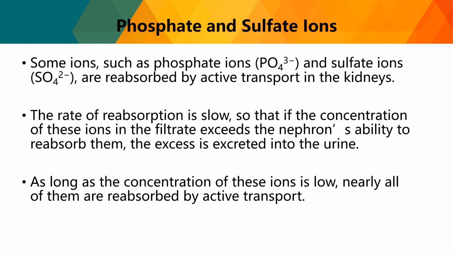For the phosphate and sulfate ions, some ions such as phosphate ions and sulfate ions are reabsorbed by active transport in the kidneys. The rate of reabsorption is slow, so if the concentration of these ions in the filtrate exceeds the nephron's ability to reabsorb them, the excess is excreted into the urine. As long as the concentration of these ions is low, nearly all of them are reabsorbed